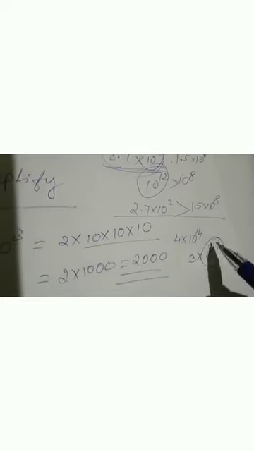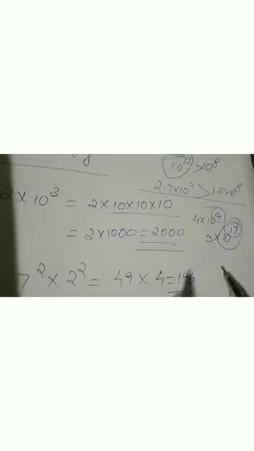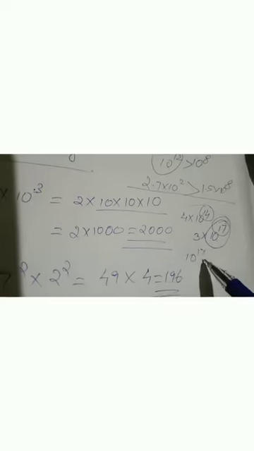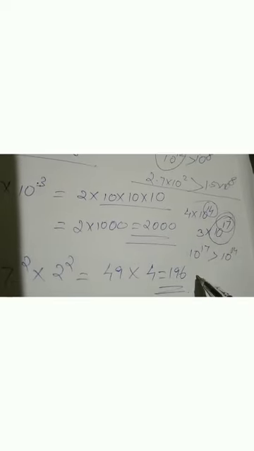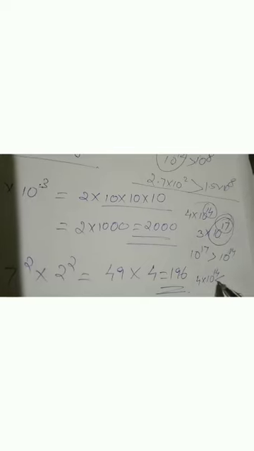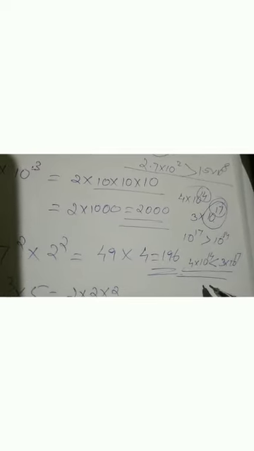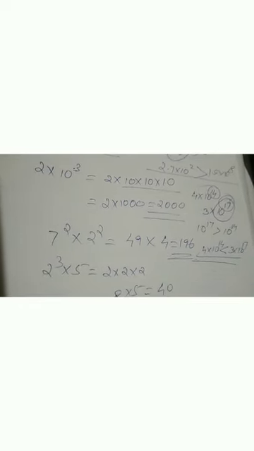Okay. So for the next one, 4 multiplied by 10 raised to 14 and 3 multiplied by 10 raised to 17. Which one? Here 10 raised to 17. 17 is greater than 14. So the base is the same. At that time 10 raised to 17 is greater than 10 raised to 14. That is, 4 times 10 raised to 14 is smaller than 3 times 10 raised to 17. 14 is smaller than 17. Got it? I think you got the idea about exponents and powers.